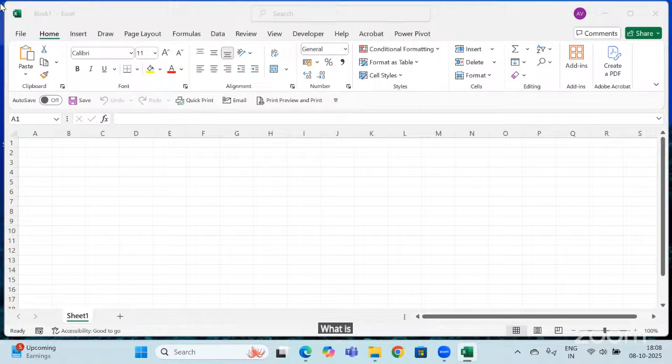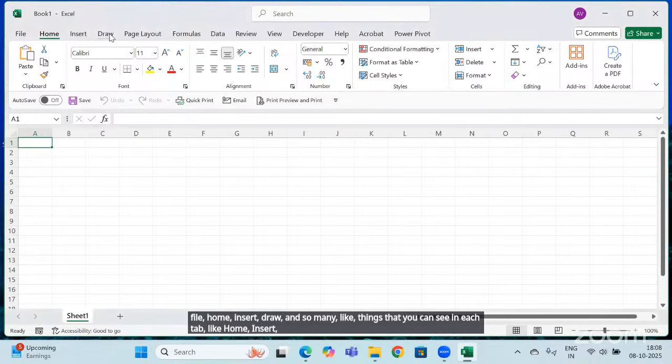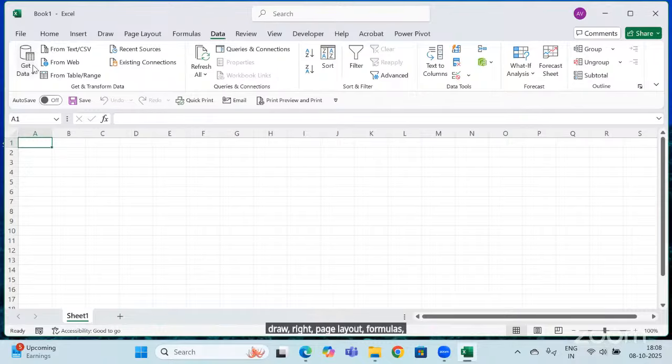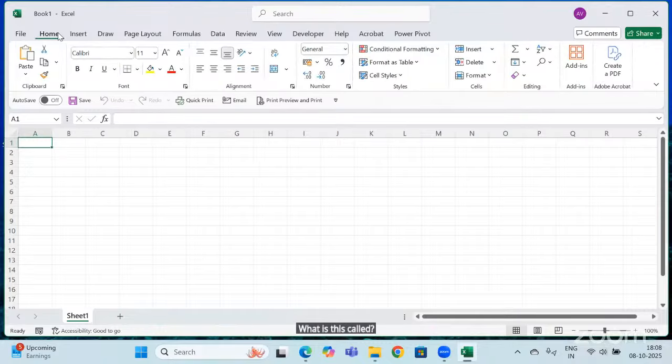At the top you can see we have file, home, insert, draw, and so many things in each tab. Page layout, formulas, data. What is this called? Can anyone tell me? Taskbar, ribbon.